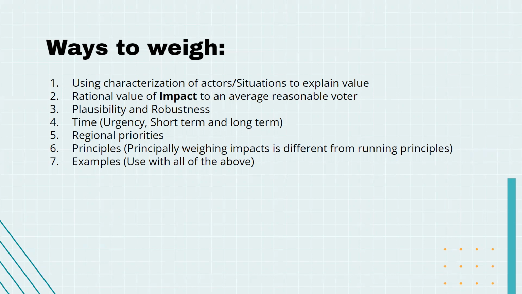The second way to do it is arguing rational value of the impact in a vacuum, right? Because in a lot of debates you'll be either weighing things that are too different or weighing two completely separate worlds, so you can't do the first thing anyway, right? So in that you'll argue things that cater to the rationality of the average reasonable voter. For example, a simple example would be like 10 people are dying in my world and 100 people are dying in their world. So choose my world, and so on and so forth, right? The way this would work in a debate, okay, so the debate is this, right? This house supports implementing excessive safety laws, car safety laws, like forcing people to wear seat belts, forcing manufacturers to